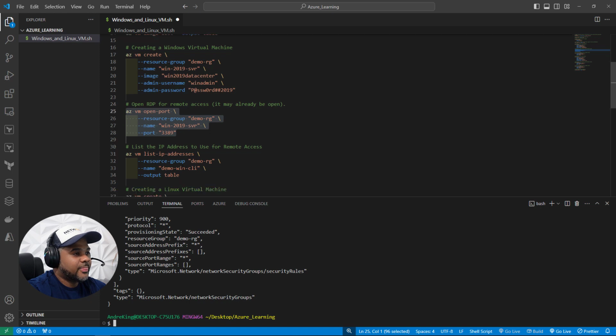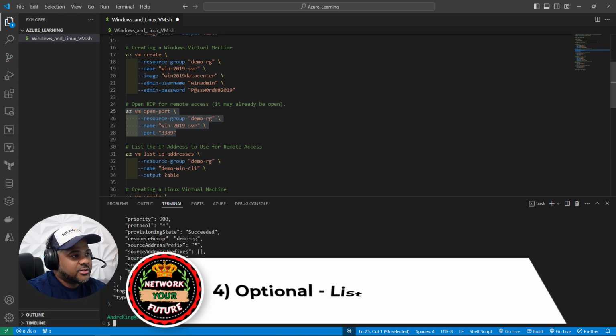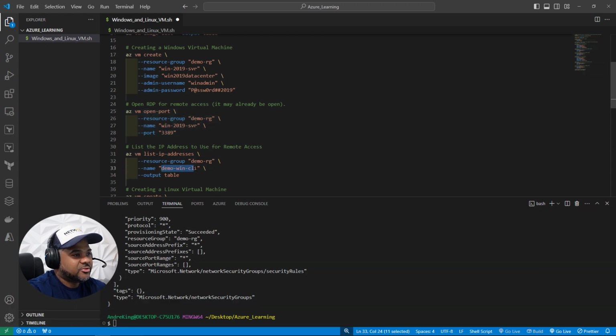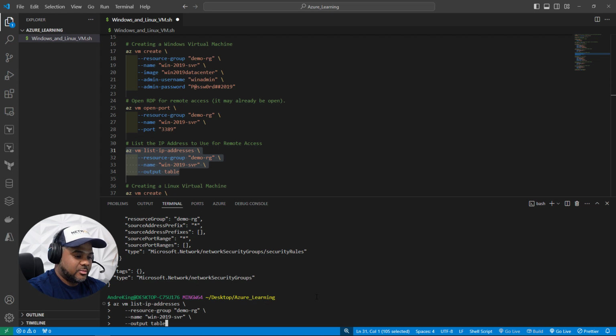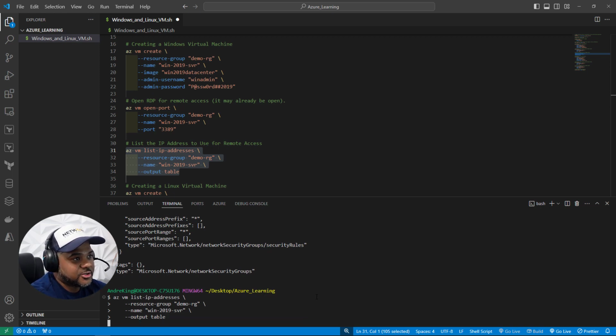That was pretty quick. And so now this next set is just going to list the public IP, although we saw it in the portal. If we want to see it programmatically here via the CLI, we're going to do the same thing. And I need to change this before we get another error. Oh, well, let's not do that. I'll just type it. Win 2019 server initialize. And really, this is just going to output or display it there to us.